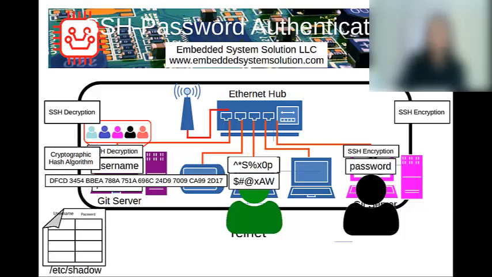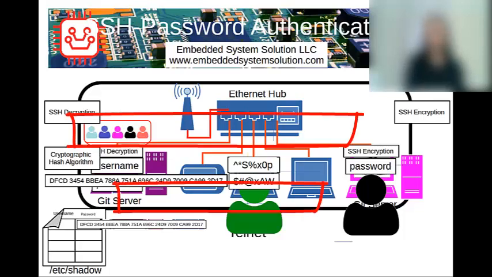Now, remember we were talking about the etc shadow file? If you don't know what that is, then go back to the previous video, because we talk in depth about that file. In that series, we mentioned how every single user account on that server computer has its information stored in the shadow file, his username and his password. And so whenever you try to authenticate, of course, the server is going to do a comparison against every single user and every single password there. And if it finds a match, then it says